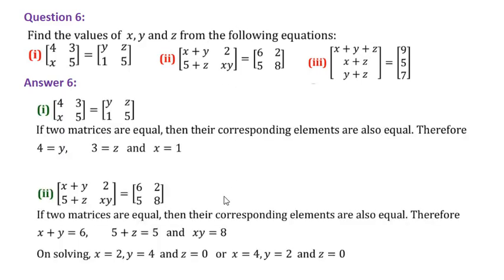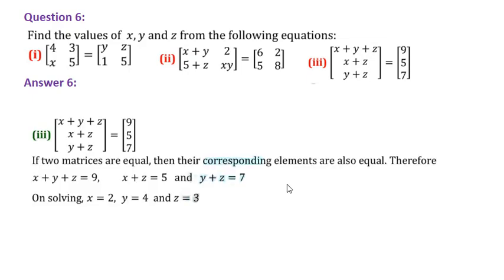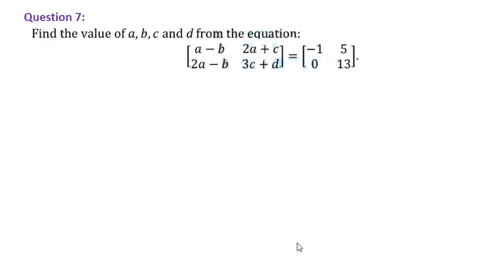Here in the second problem, we have two equations. One is xy equal to 8 and x plus y equal to 6. So what we can do here, in place of y, we can replace 6 minus x. We can frame a quadratic equation, and the solution of that quadratic equation will give me the required solution. Okay. So this is the problem of equality, and here we have to find the unknown variables.